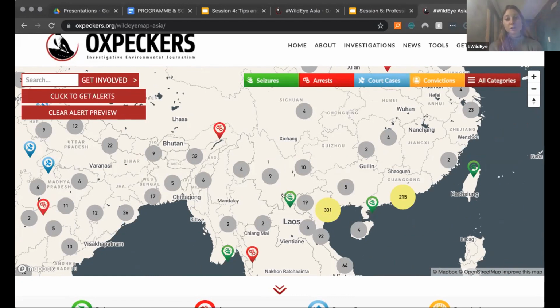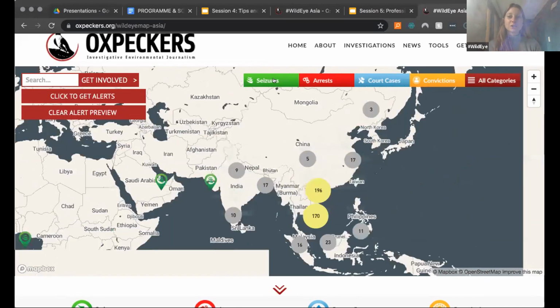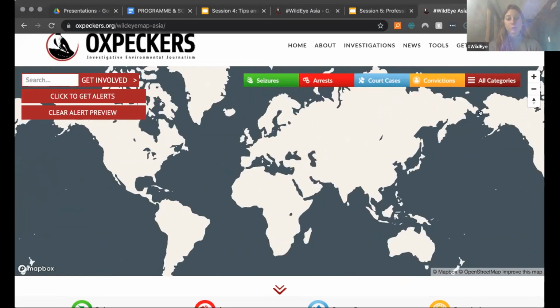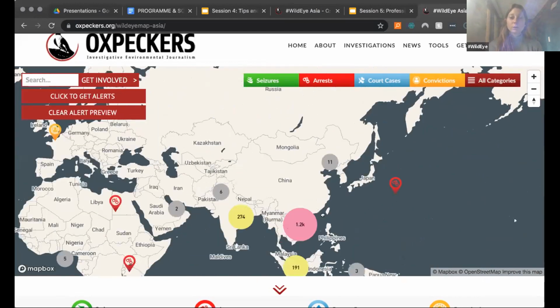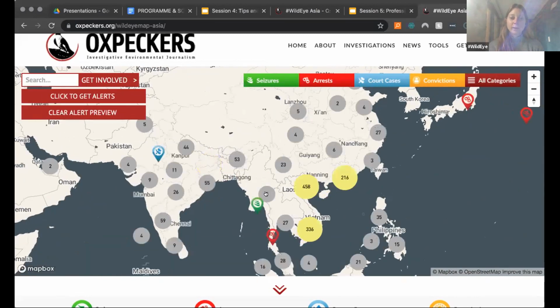So we've got seizures in green, arrests in red, court cases in blue, and then convictions in yellow. There we go. You can also decide to see only seizures. Perhaps you want to see convictions only, or like we were before, all categories. So when you select a point,